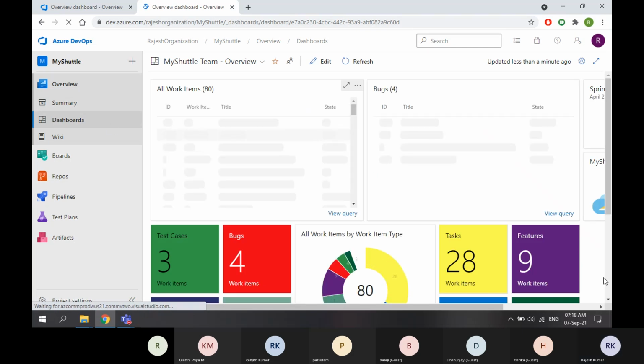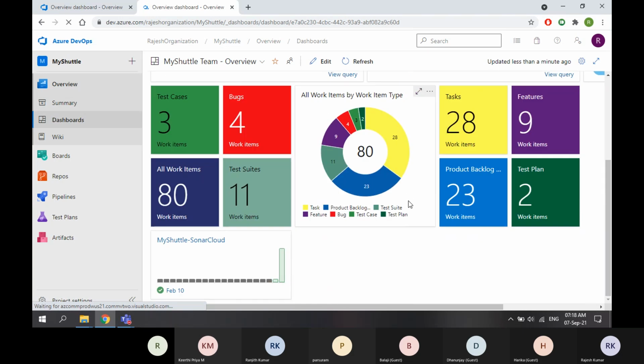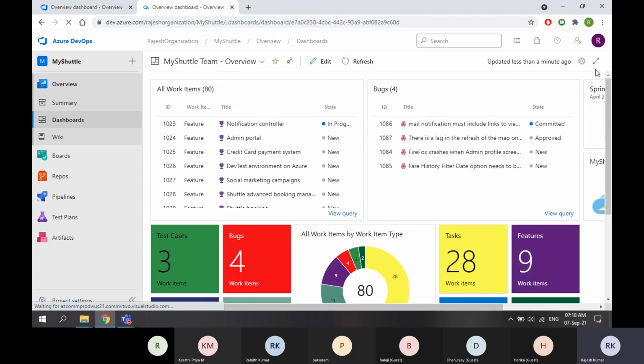See here. This dashboard has many things.